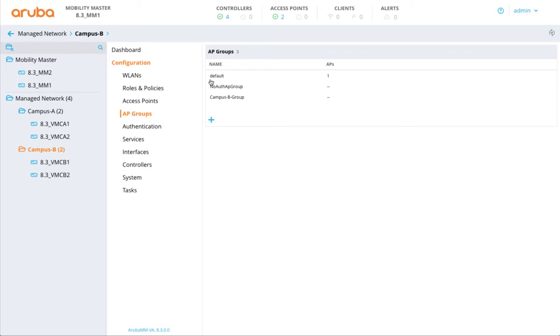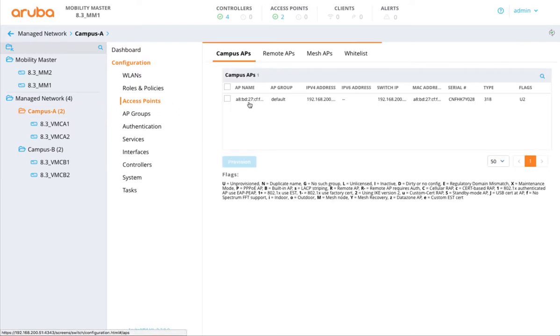Additionally, you can see that there is a default group and there is one AP in it for each campus. And the reason why that is because these APs that have come up, by default, they come up in the default AP group. However, until they are provisioned, until they are given a name and put in a specific group, they actually will not broadcast any SSIDs. So this U stands for unprovisioned and means that the AP is inactive until it has been named or put into a group or both. So even though it's in the default AP group, that's totally fine. We don't have to worry about that because no APs are going to actually be put into the default AP